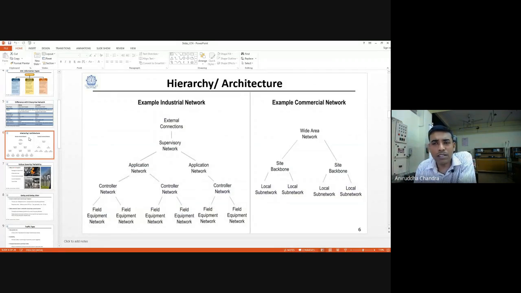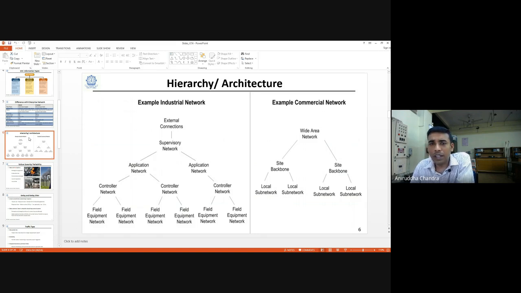Now let us try to understand the right-hand side figure first, which is much easier. Suppose we are talking about a wide area network, or WAN. Wide area networks are connected to the backbones, that means the big optical fiber cables which probably encompass the whole city. And then we have local subnetworks. For example, let us take